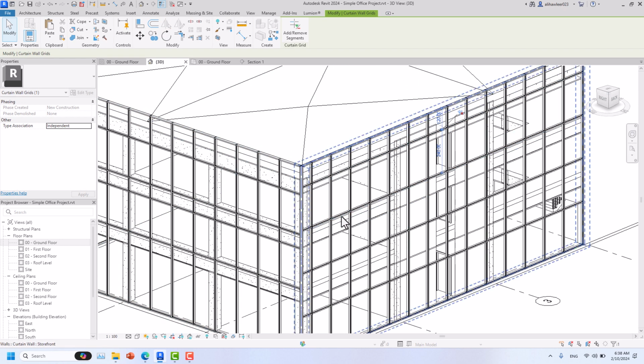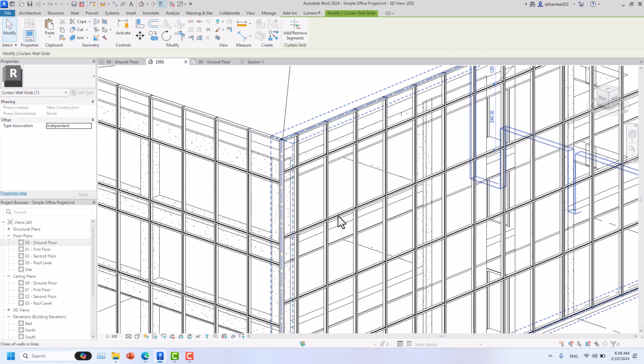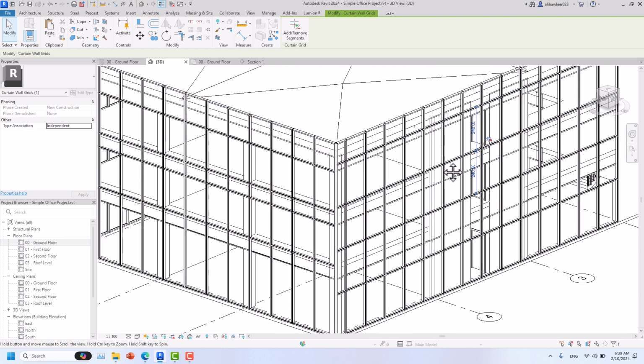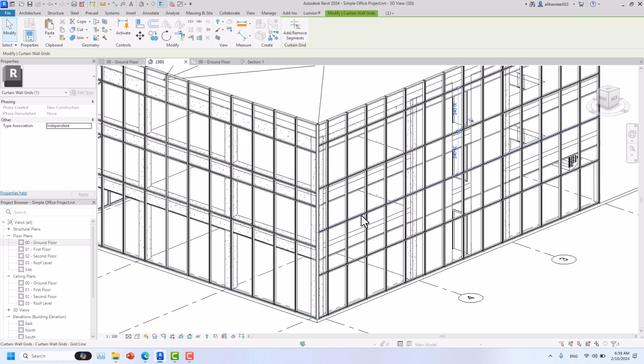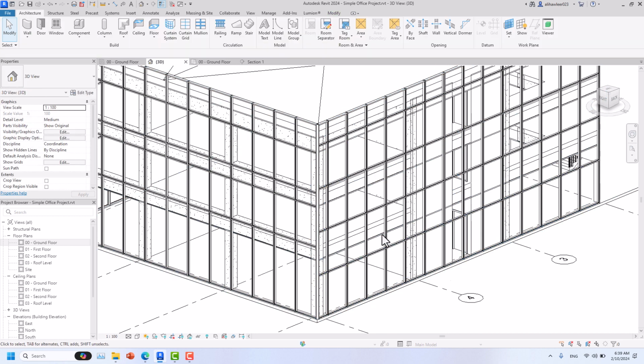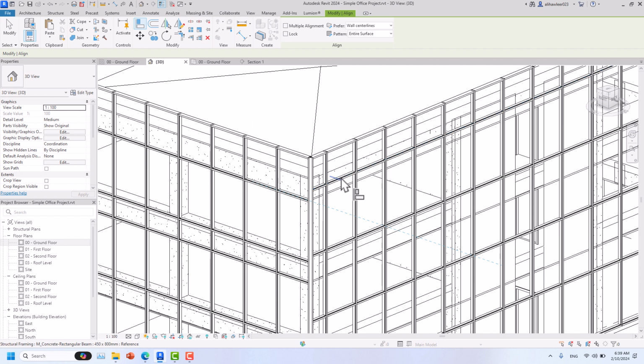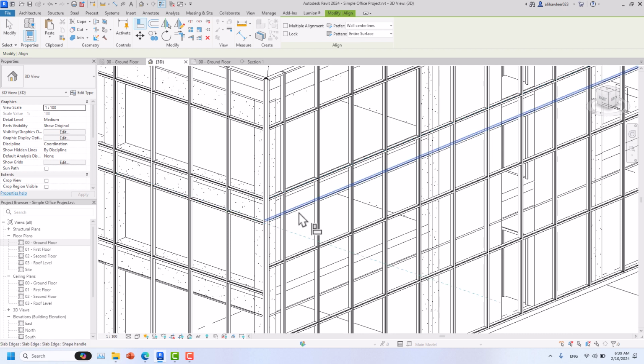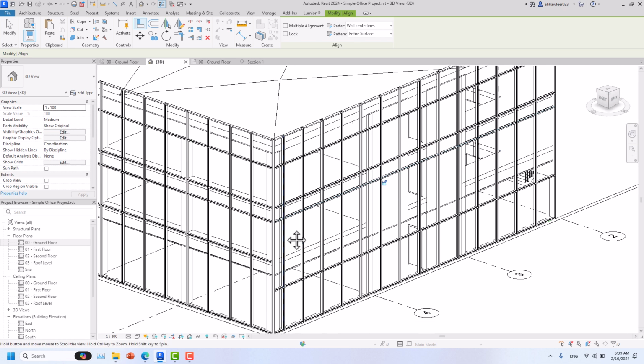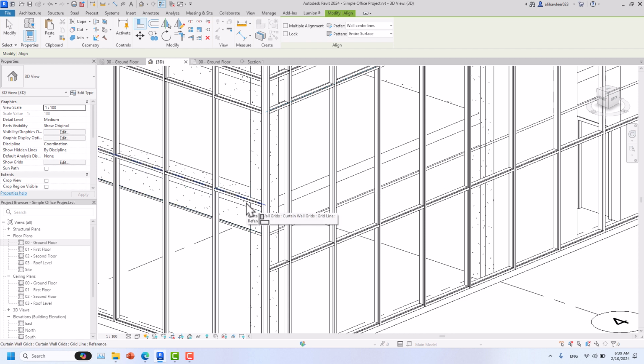Okay, and let's unpin it. Okay, so I'll go with aligning it. I'll not save it. Okay, just align. Nope, this is not what we want. Align this with this one. Align this with this one. And align this